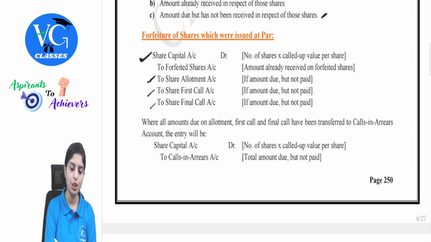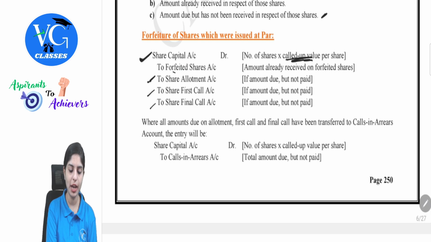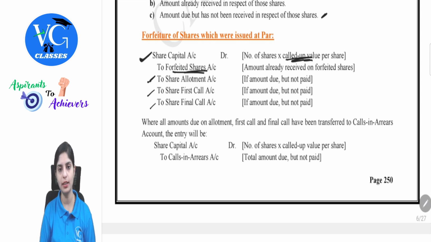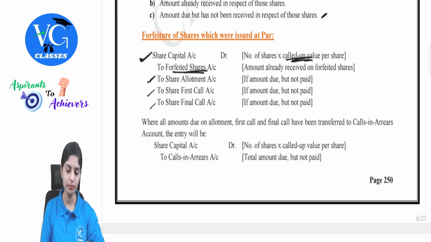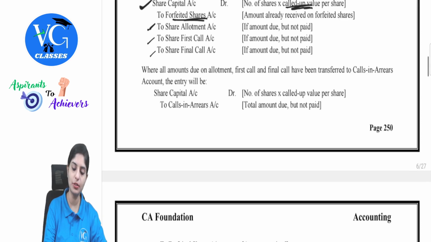Here, if you observe, share capital would have been taken at called up value per share. So there would be some extra money, at least application money. So that is nothing but a saving to the company, which will be transferred to a separate account called share forfeiture or forfeited shares account. So this is nothing but the excess money which is connected to this particular element of transactions, which belongs to the company itself, where all amounts due on allotment, first call and final call have been transferred to calls in